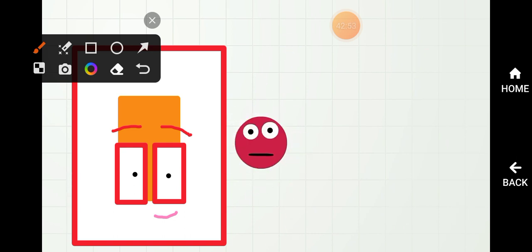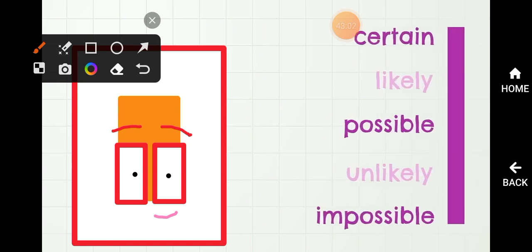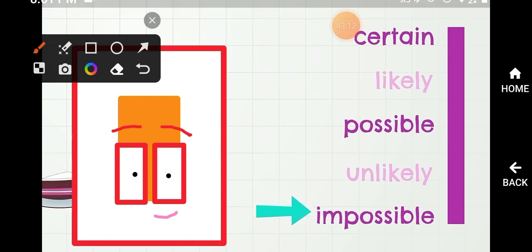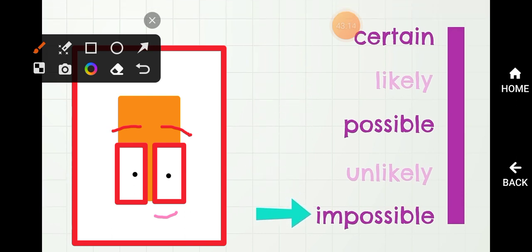Okay, let's go! As I was saying, now I'm going to say something about what you could do after your dinner. And you can tell me whether they're certain, possible, or impossible. One, after dinner, you will have dessert. And two, after dinner, you